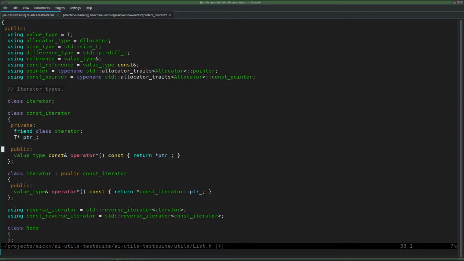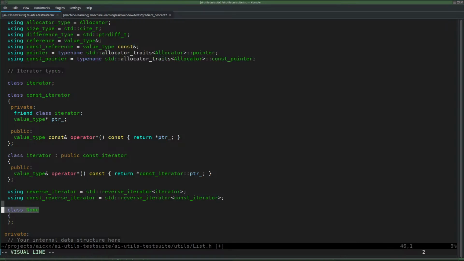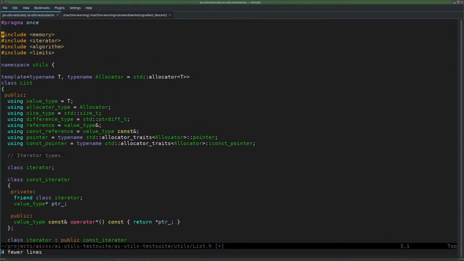And I think this as well, just the underlying pointer of the iterator. But then